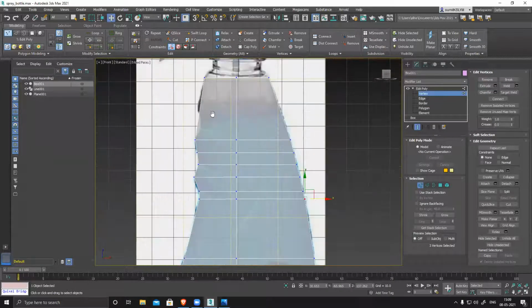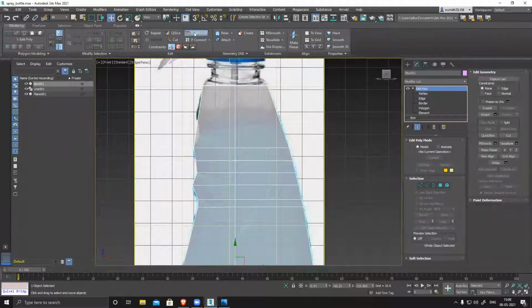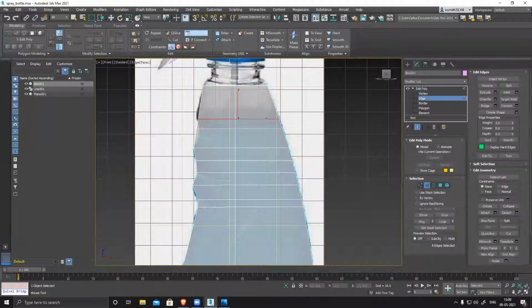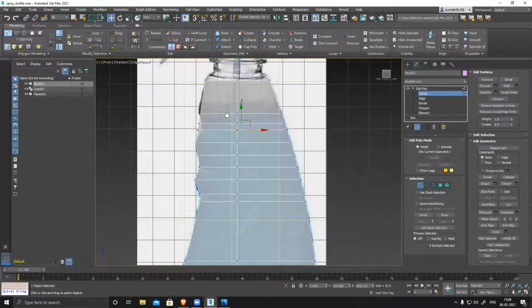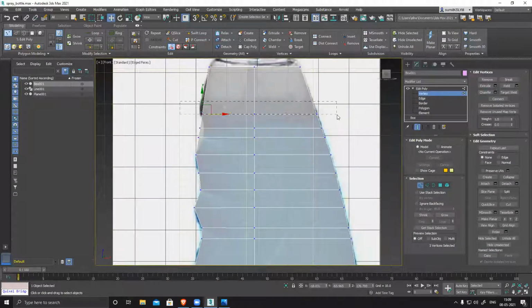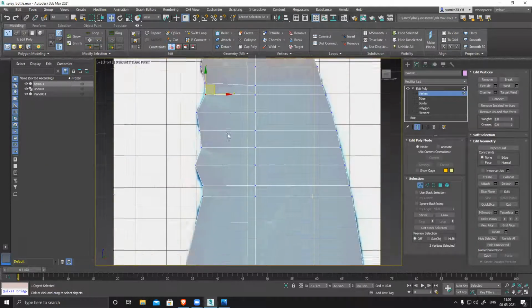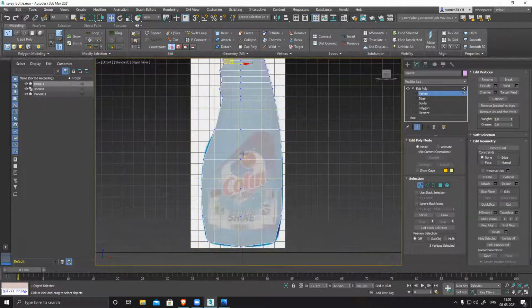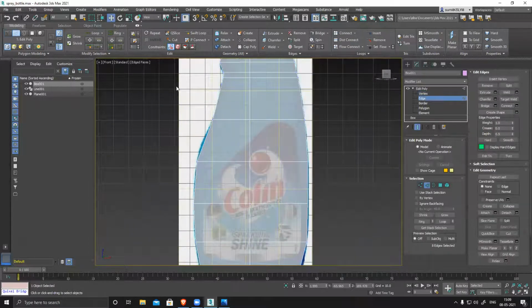So basic shape almost there. Still, I need a couple of loops here. So you matched all the shape almost as much as possible.